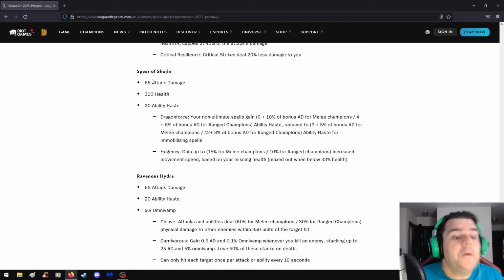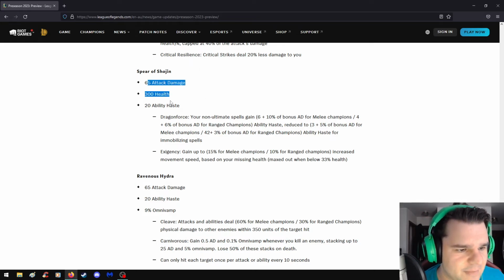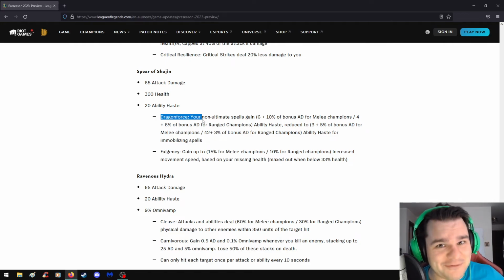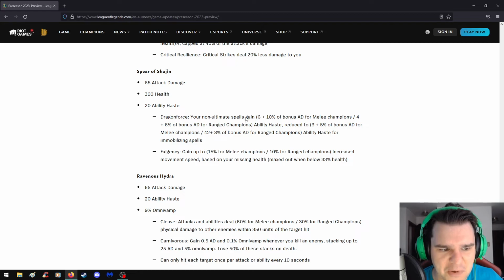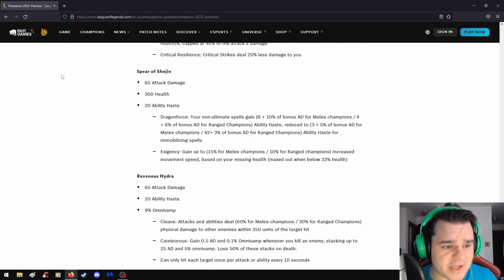Spear of Sojin. Our boy Renekton's getting buffed. 65 attack damage, 300 health, 20 ability haste. Dragon Force. I see what you did, Riot. Dragon Force: your ultimate ability gains 6 plus your non-ultimate spells gain 6 plus 10% of your bonus AD for melee champions, and then a range stat. Ability haste, reduced to 3 for mobilizing spells. Okay. So not only are you going to have ability haste, but this item is going to